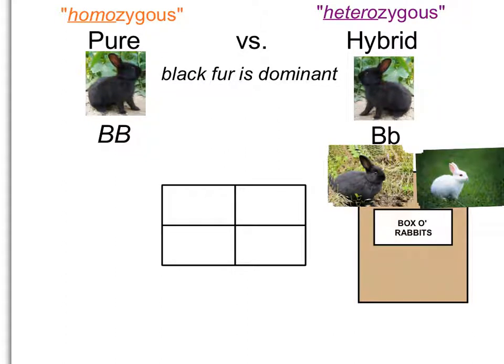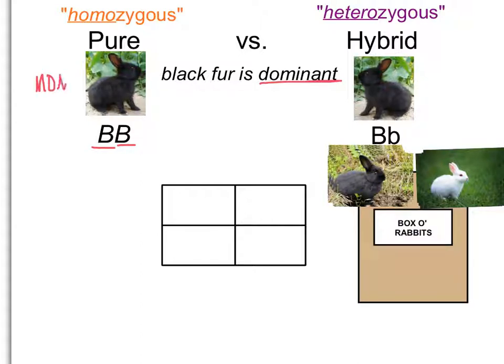Okay, so with this first example, we are going to look at bunnies. So in this circumstance, we have a pure bunny and a hybrid bunny. So what does that mean? Well, right here it says that the black fur is dominant. We discussed earlier that pure meant that you had two dominant alleles, or two recessive alleles, but they're both the same. So in this case, we have a pure black-furred bunny. And we're actually going to say that this over here